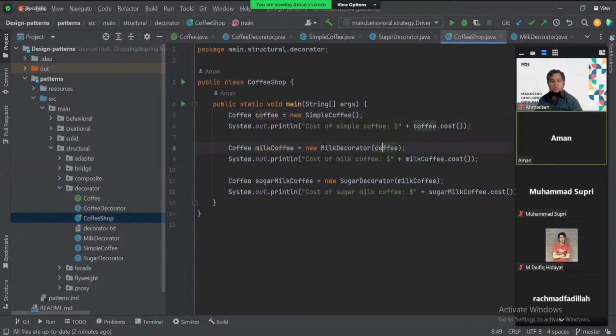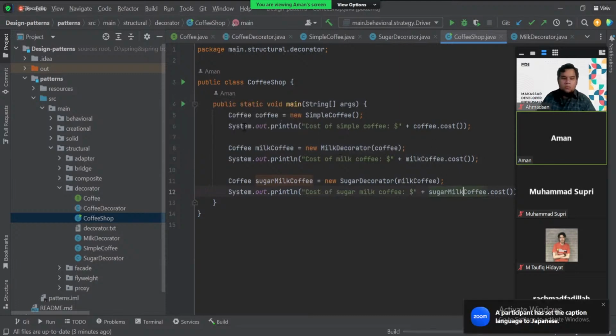So in our decorator class we just pass the created coffee, and then the cost associated with it would be the base price plus the price of the milk. Similarly, if we add sugar also to it, then it would be a milk coffee which has already been prepared, and then we added sugar into it. So sugar coffee would be the base price plus the milk price plus the sugar price. So if I run this solution,